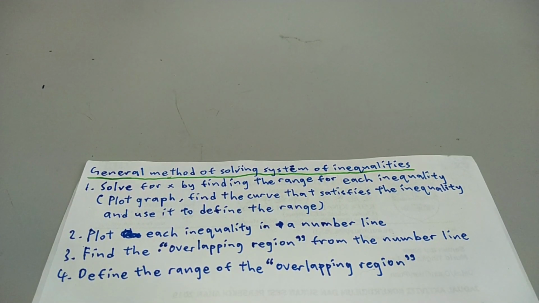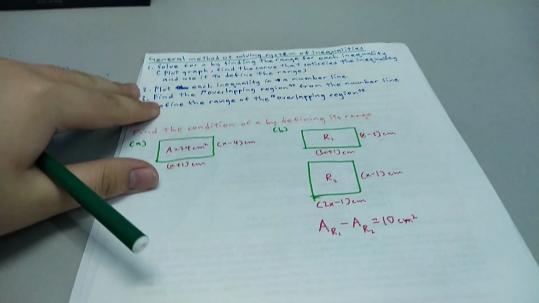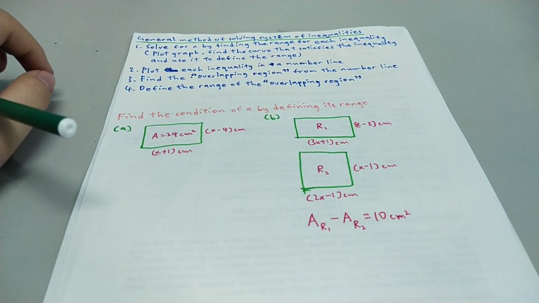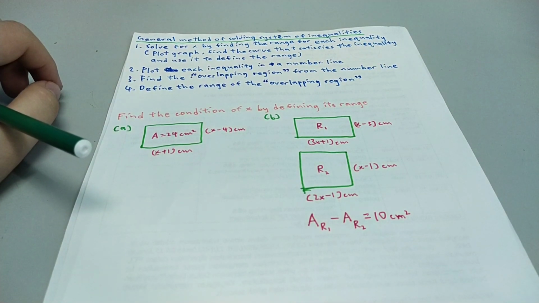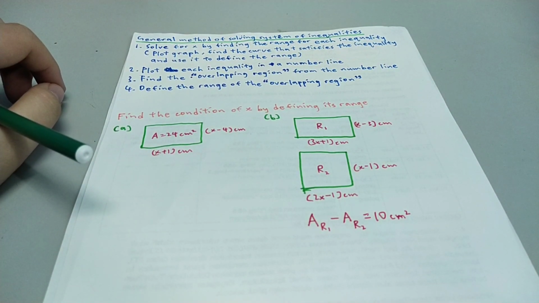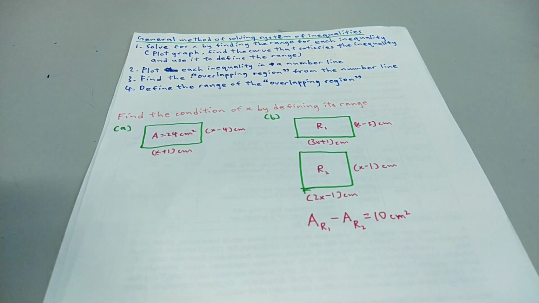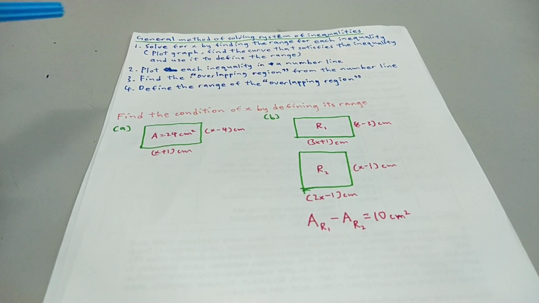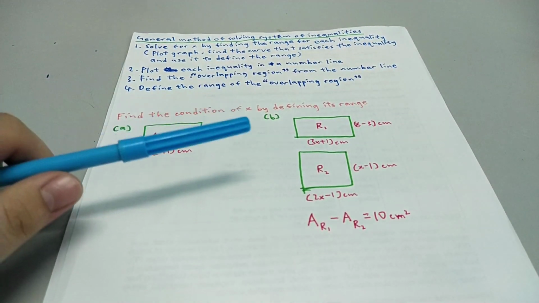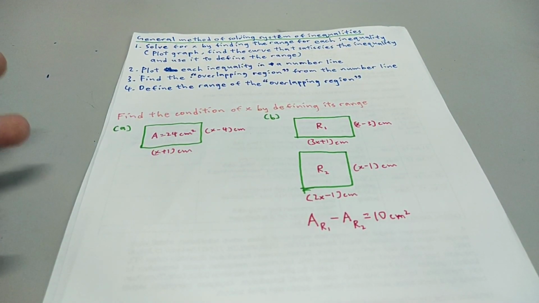And let's go to the example. So what I got here is the example. Find the condition of x by defining its range. So as always, if you guys are interested in these two questions, pause the video and try them for yourself. I hope you guys solved the question, and this video is just a recap to my very first video, which is